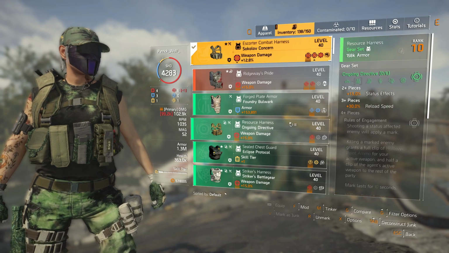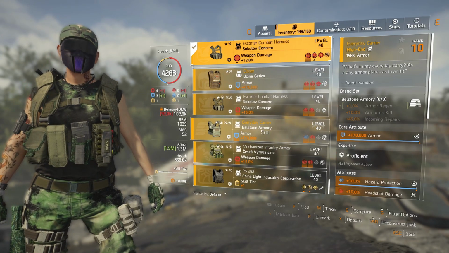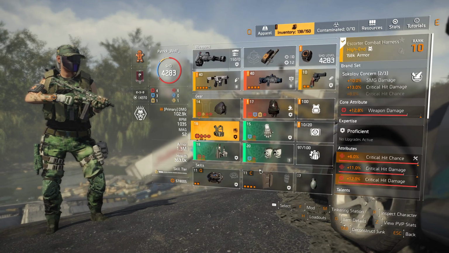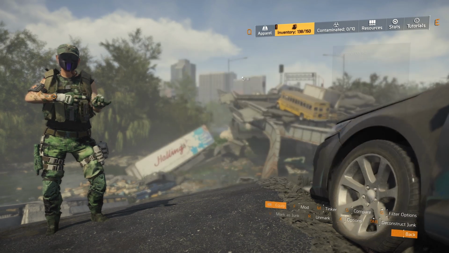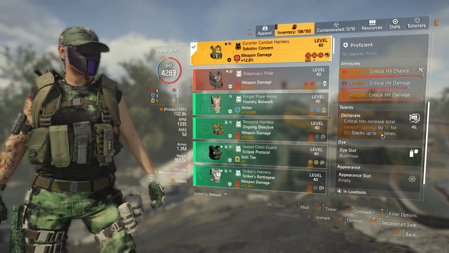There are different gear sets and brand sets you could go for, guys. You can go crazy, have a look, choose what will suit you. There are many, many different options. But for me, I want to get damage straight up from these 4 pieces. Obliterate is going to be my talent,